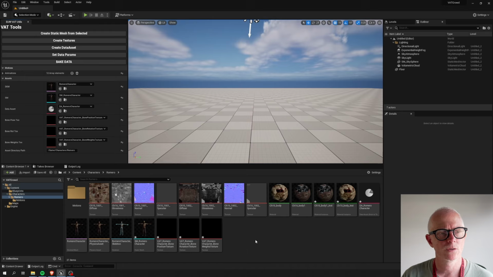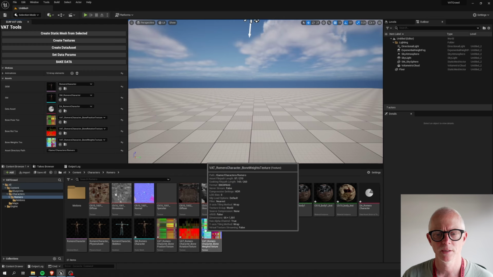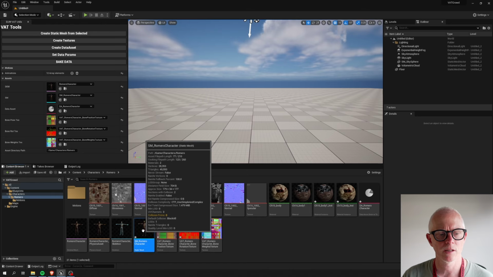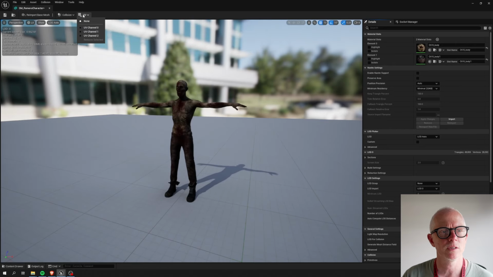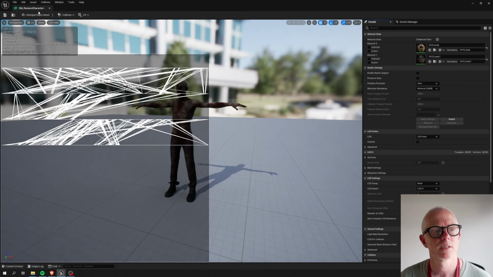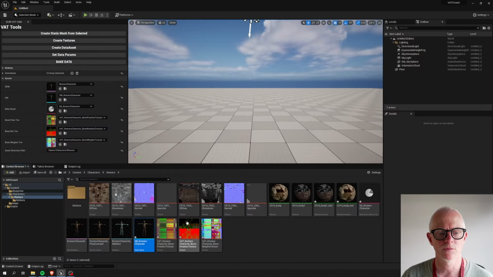I didn't hit the right one. Now we'll see these textures update. These 2 instances have been updated, and the skeletal mesh now has a new UV set here in channel 1 that is particular for reading this texture animation data from these textures. And if we look at these instances,